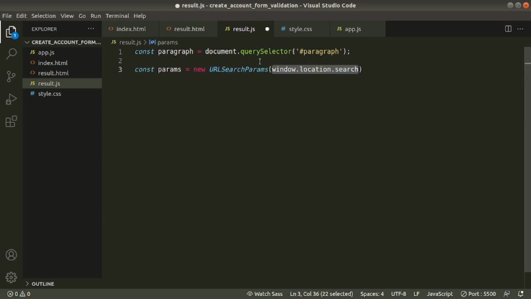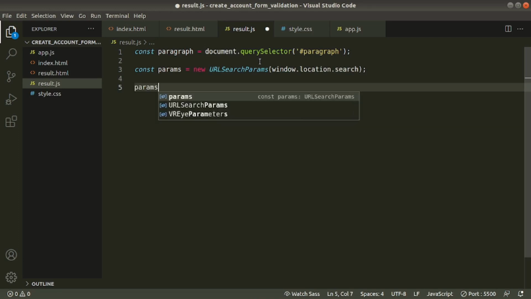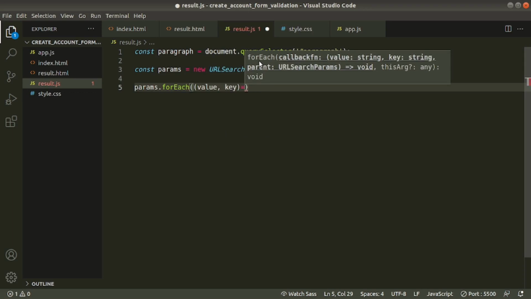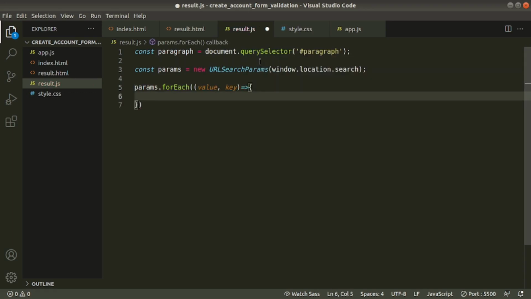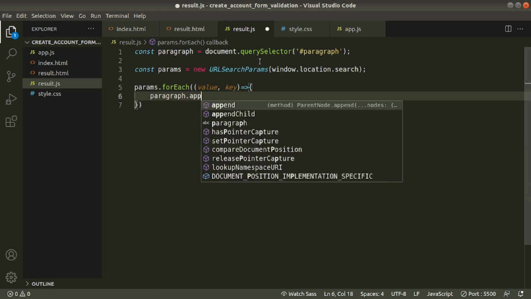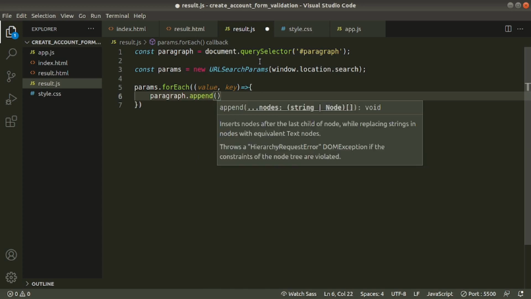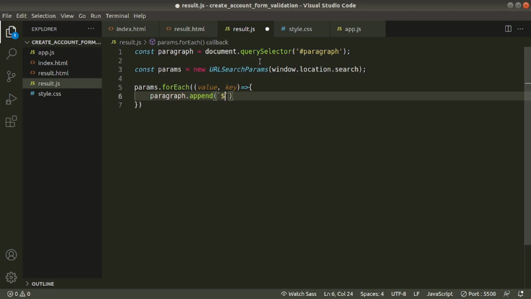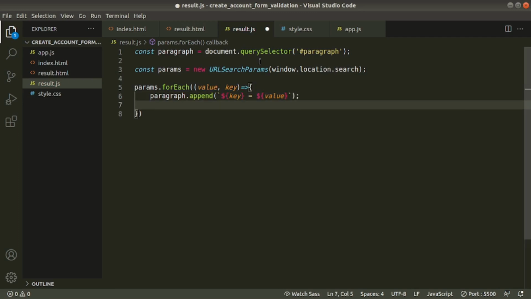This will return the query string, and the query string values will be inside our params as key value pairs. We will use forEach to take key value pairs. Now we will append those values to our paragraph. These are not single quotes, these are backticks. Key equals value. Later we'll append a break to our paragraph.